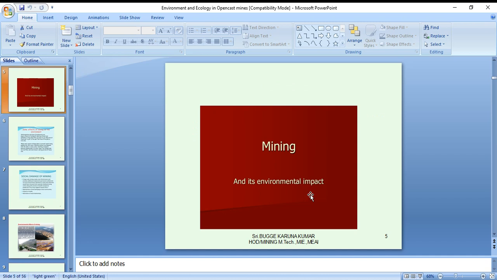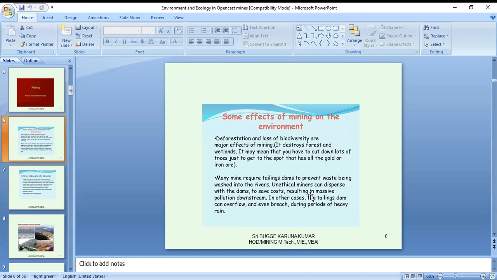So, mining and its environmental impacts. Some effects of mining on the environment. Is it true?